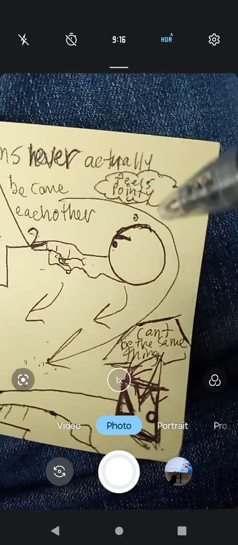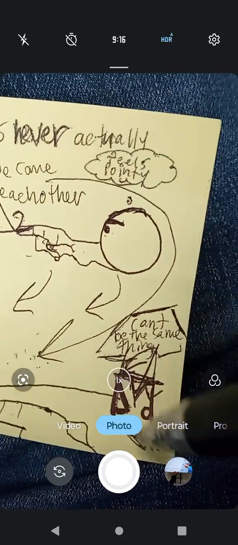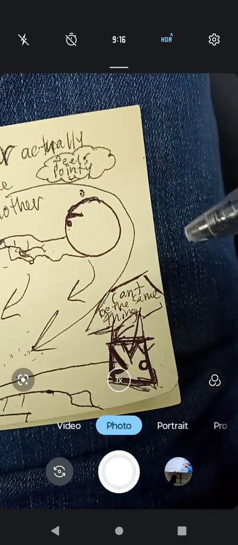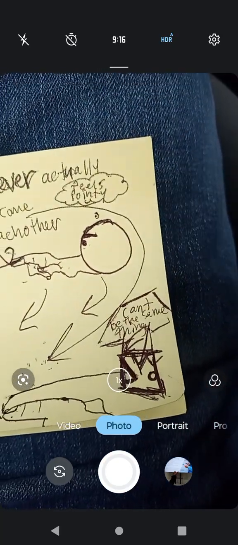Hence why he says feels pointy. You know what I'm saying? He's still feeling it. So that means that in quantum physics, quantum mechanics, in regular physics,